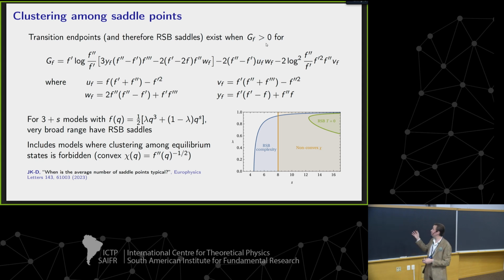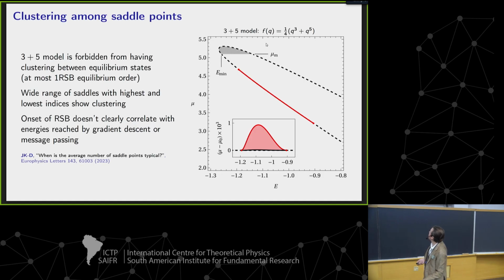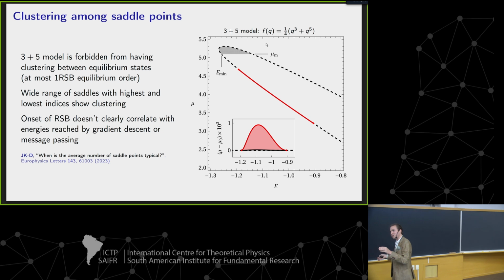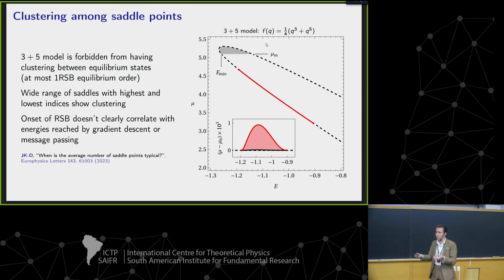And so this is interesting. You're finding lots of models which will never have any interesting structure beyond completely uncorrelated states in equilibrium, but which have some saddle points high in the landscape that nonetheless are clustered together. And here's an example of this. This is a model from this class which is forbidden from having any sort of interesting equilibrium. And as you can see, you find a range of energies where the very thin sliver of the highest index saddle points exhibit some sort of clustering structure.